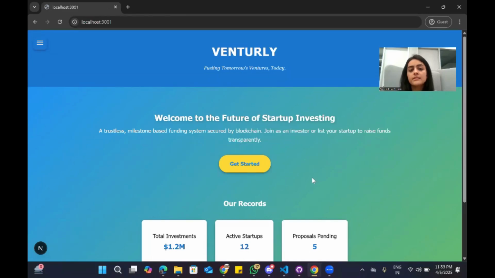So Venturely basically is a networking platform which brings together the entrepreneurs or startup owners and the investors, using blockchain functionality, which ensures more trust and transparency in the whole process. We also wanted to make sure that the whole thing doesn't get very tech oriented, because when a startup founder is wanting to find an investor, the investor probably looks for the